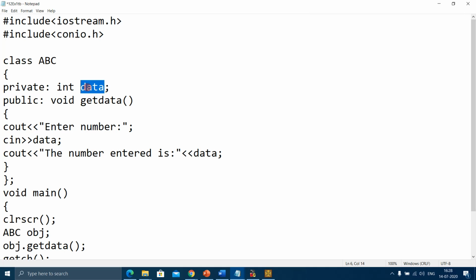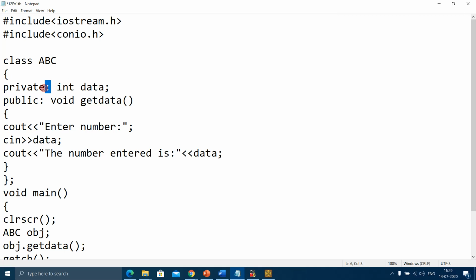A normal variable we used to declare in the basics of C++, where we had to give the data type and the name of the variable. Same thing is here. Data is a variable here, and the data type for this variable is int.